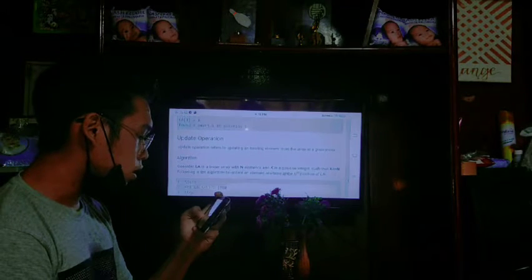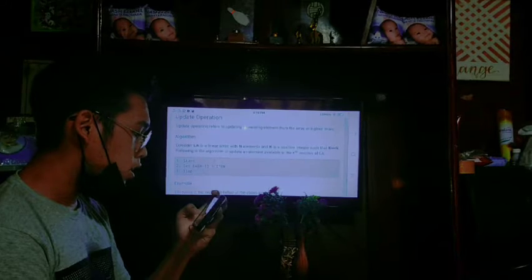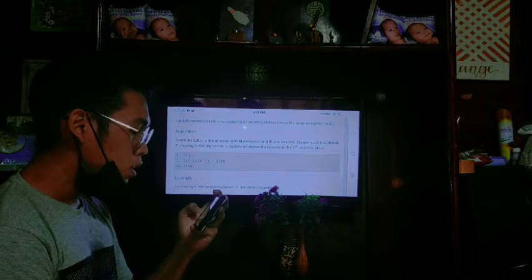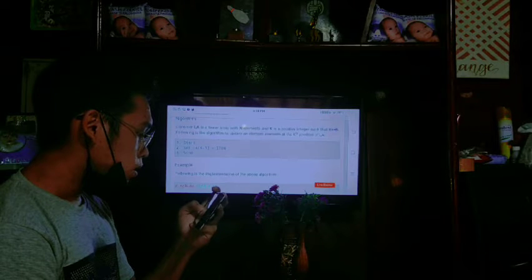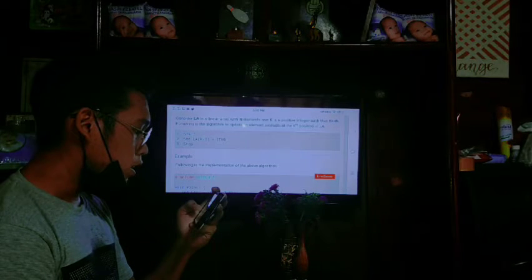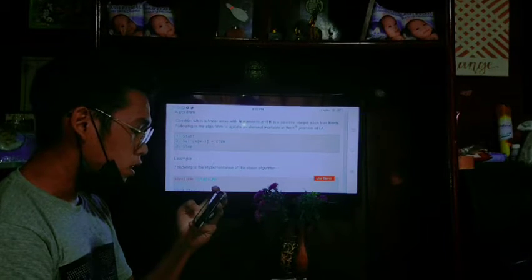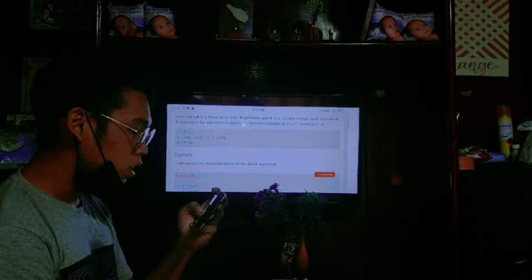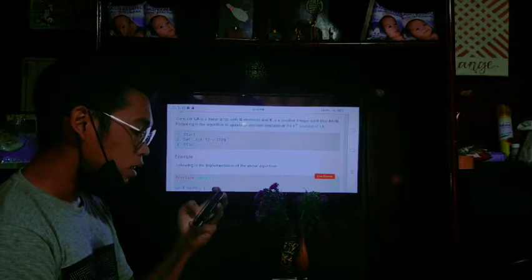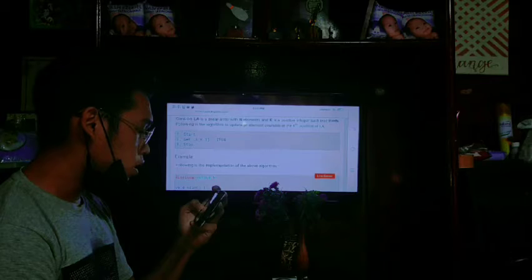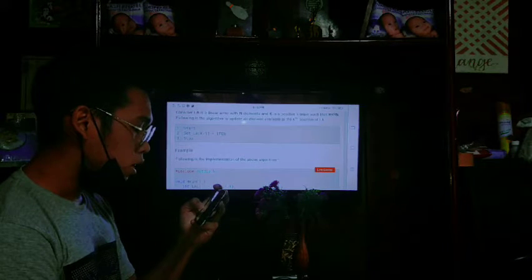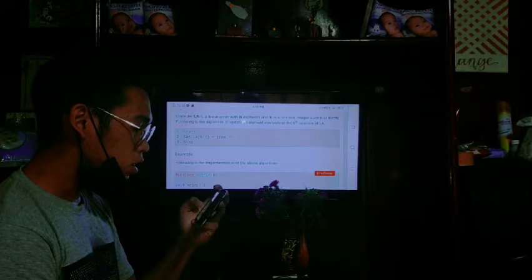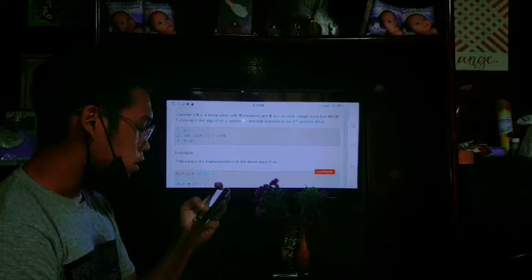Update operation. Update operation refers to updating an existing element of an array at a given index. Algorithm: consider LA is a linear array with n elements and k is a positive integer such that k <= n. Following is the algorithm to update an element available at the k-th position of LA.